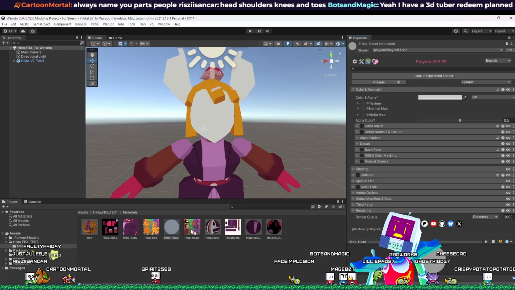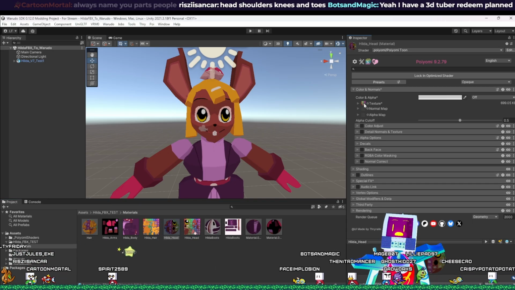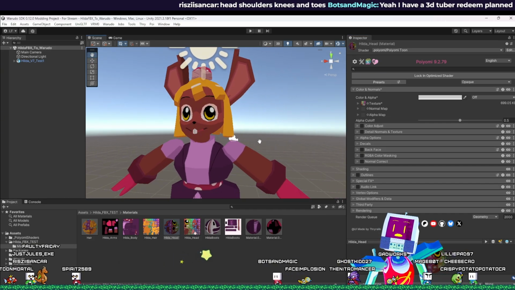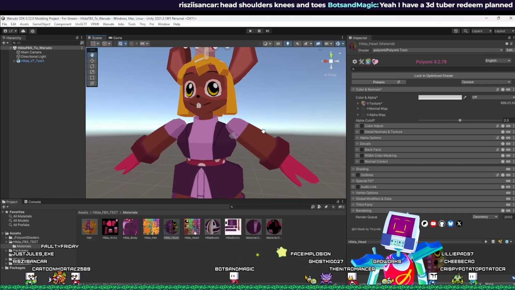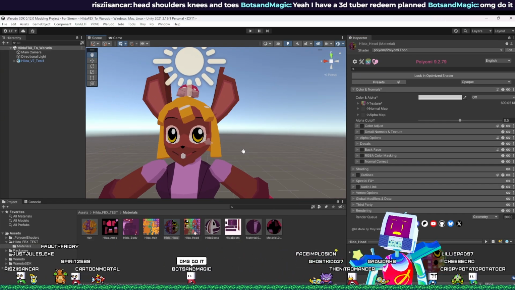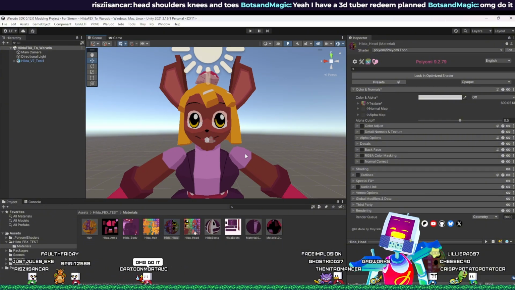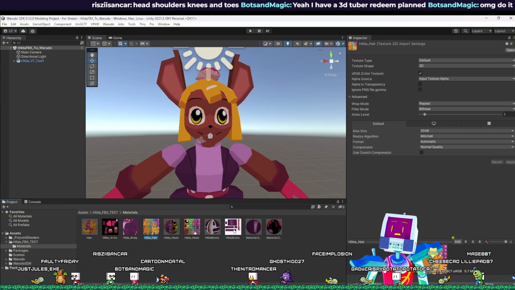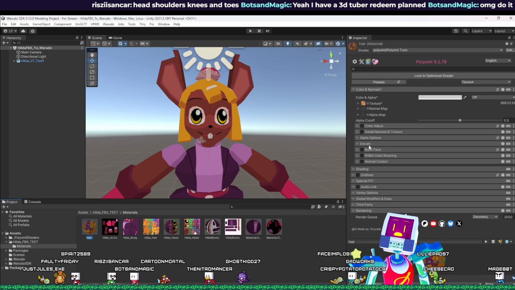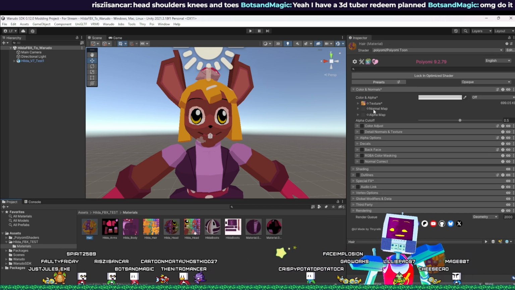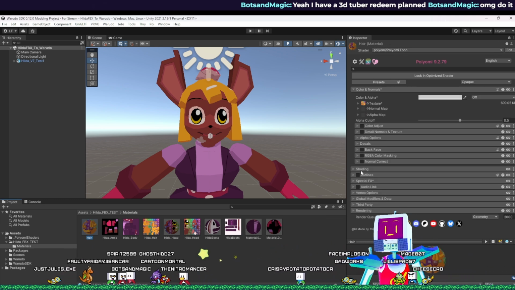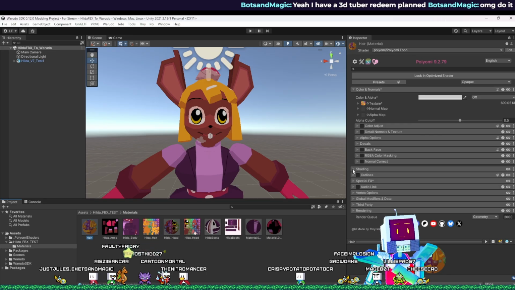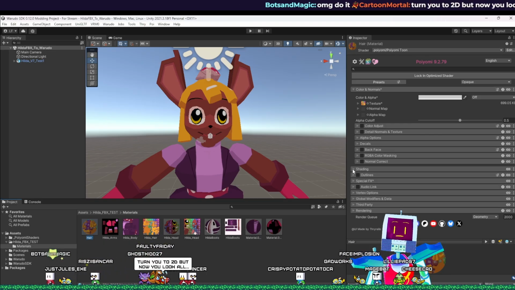And then this last one is just the head. So now we've got our base model, but if we wanted to add a little zazz, there's all sorts of things that we can do with the Poyomi shaders. Let me just take a little sip. So the things that you can really do in Poyomi